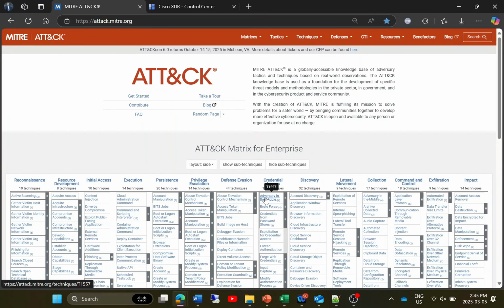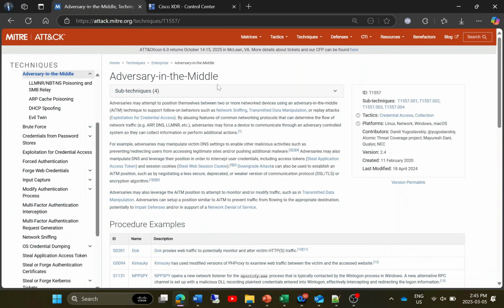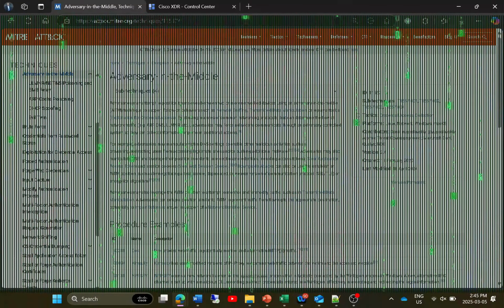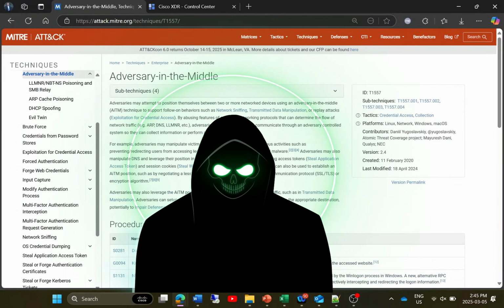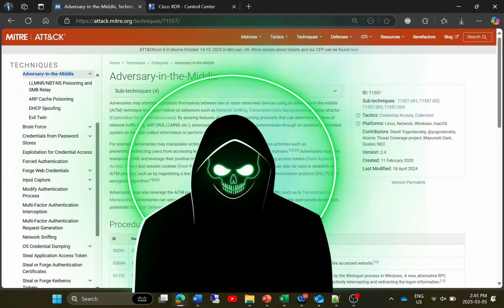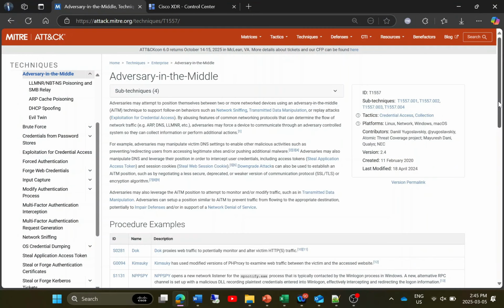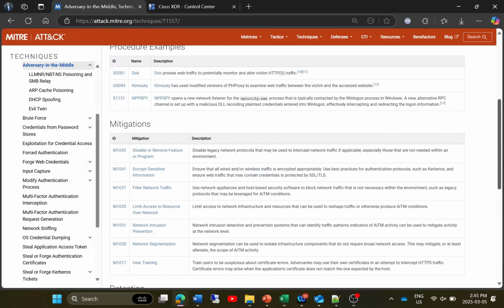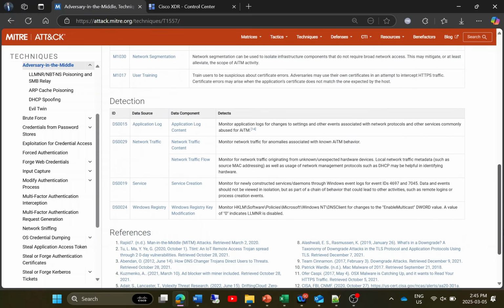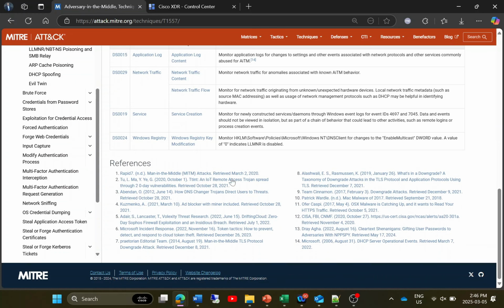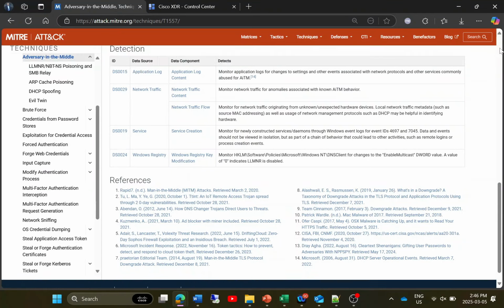Now, when we dig into one of the techniques, we can see this one, adversary in the middle. Now, adversaries may attempt to position themselves between two or more network devices using an adversary in the middle technique to support and follow on behaviors such as network sniffing, transmitted data manipulation, or replay attacks. Now, this gives us a good idea of what the adversary's technique is in order to achieve credential access. As we scroll down, we get to see procedure examples, we get to see mitigations and detections. And there's a bunch of references that we can leverage to get a better understanding of real-world examples where the